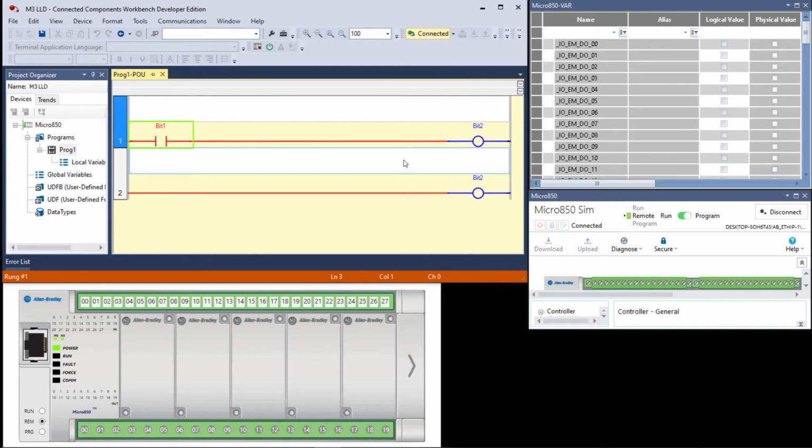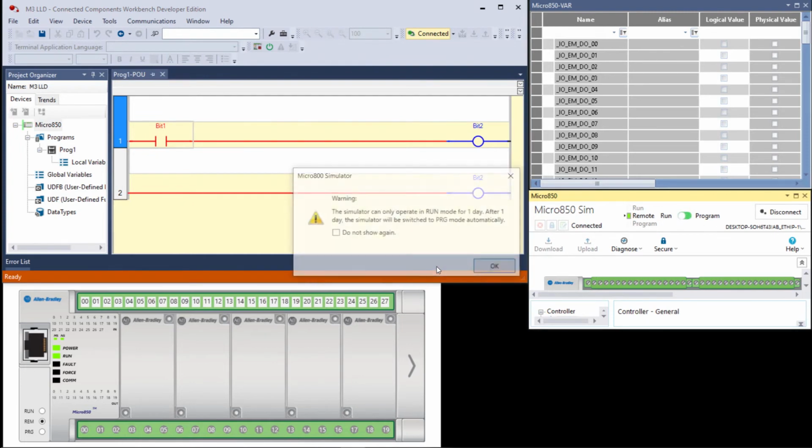So the logic never works out right when you do this, but we're using this to illustrate the nature of ladder logic diagrams. In other words, between 2 rungs and the order that they're scanned in. What do you expect to happen here when you switch to the run mode? So let's switch to the run mode, but you tell me what you think is going to happen. Well, I can tell you what's going to happen. Bit 2 is going to be on. That's what